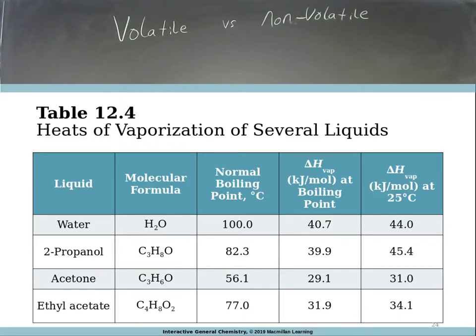Well, boiling is really the point at which the vapor pressure matches the atmospheric pressure. And so if water reaches the point where its vapor pressure is 1 atmosphere, then it's producing enough water vapor at a high enough pressure to push the rest of the atmosphere away. And that's why it's able to produce bubbles. The bubbles are water vapor that is pushing out and making room for itself